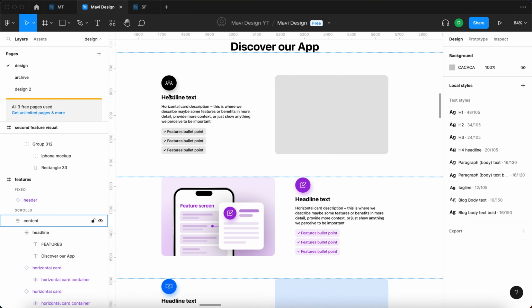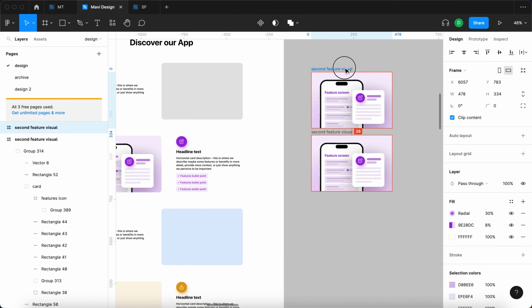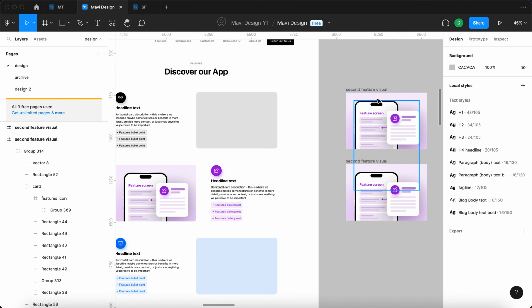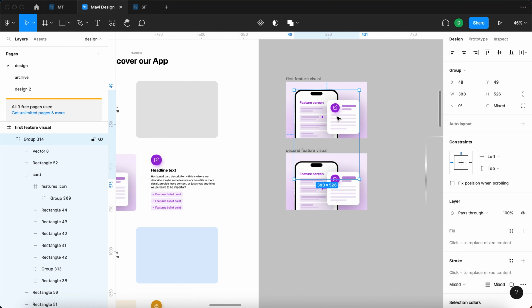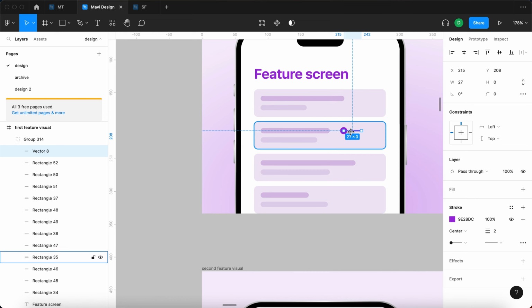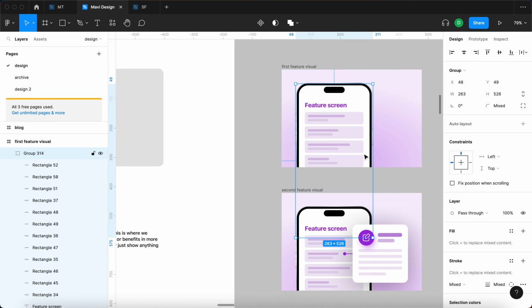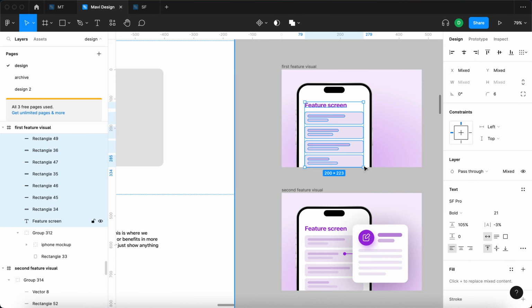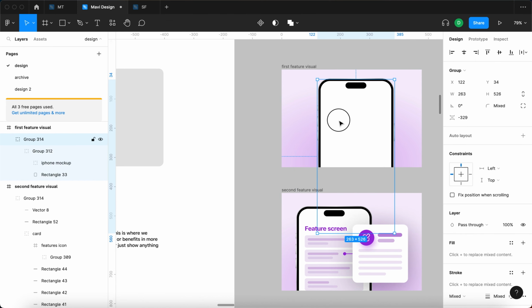Very simple, right? So what I'm thinking here is to again use the phone, because after all we are talking about an app, right? So let me just copy this source frame for the first illustration. I'm going to copy that over here, and then I am going to type in first feature visual. I am going to remove everything from this frame except for the phone mockup, right? So this means removing this line, and also this means removing the contents of our phone screen. So I'm going to select all of this and then hit backspace, and yeah, we basically just get an empty